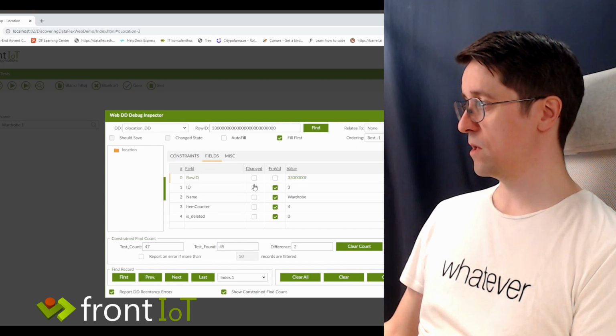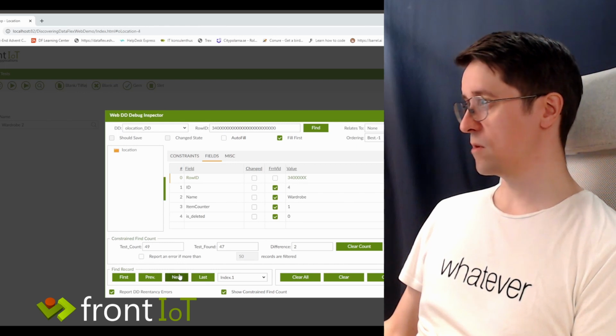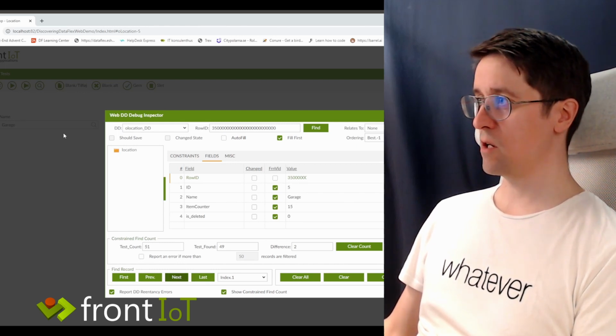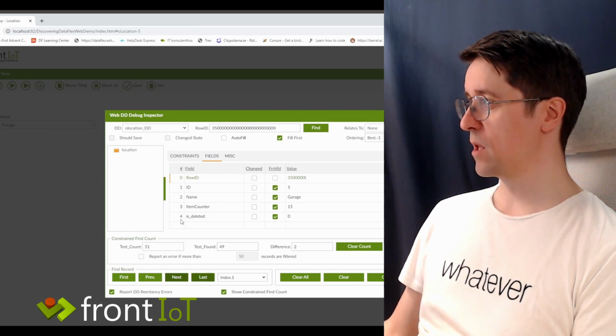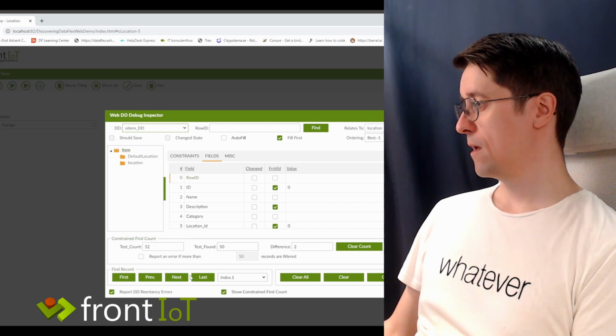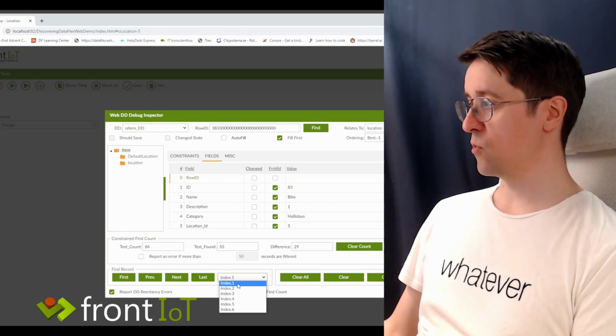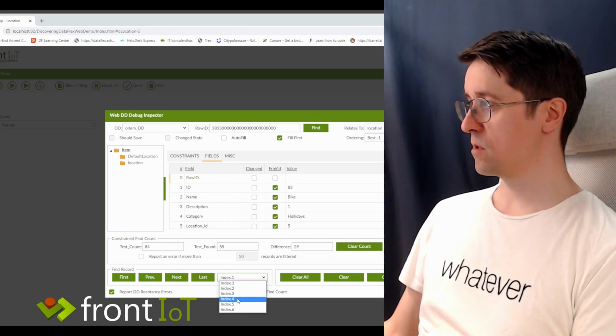And if you want to look at the fields, you can see here it's going to find the same items as well. So if I go next, garage, so it says garage here and it says garage here, so it's finding them. And if I go into the item,